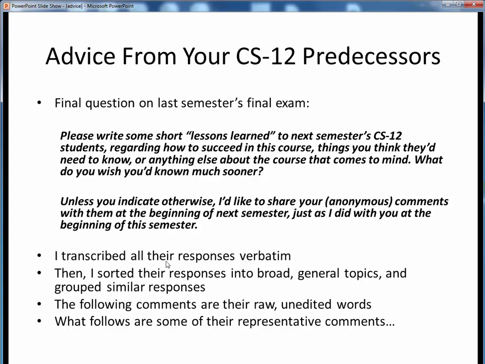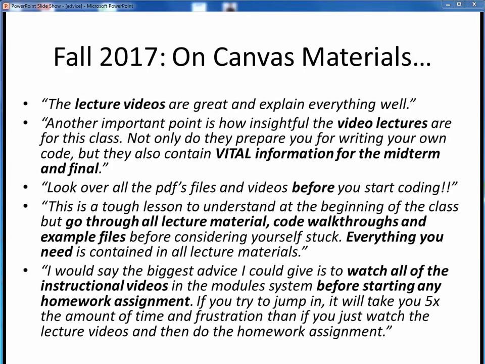So what I did was transcribe their responses from off the final exams, sort them into broad general topics, and group similar responses together. The comments appearing on the following slides are their verbatim comments to you from last semester. They have much more to say than we can possibly cover here, but let's take a look at some representative comments. As stated elsewhere, all course materials needed will be available to you on Canvas, so make full use of